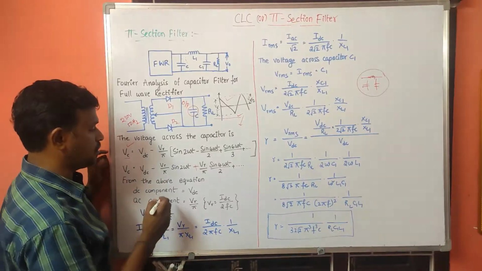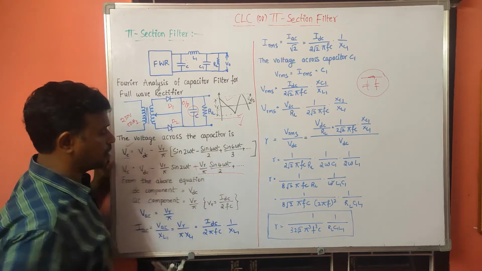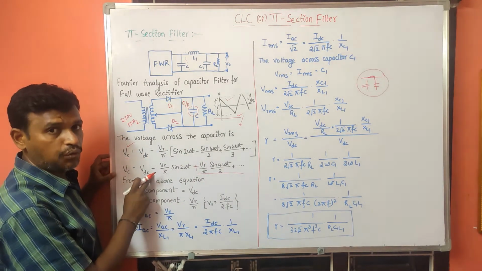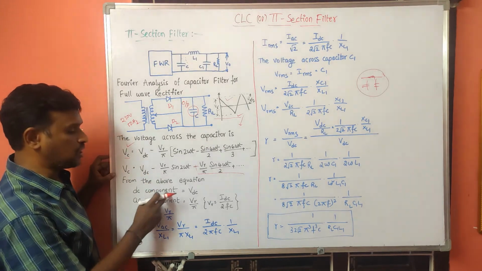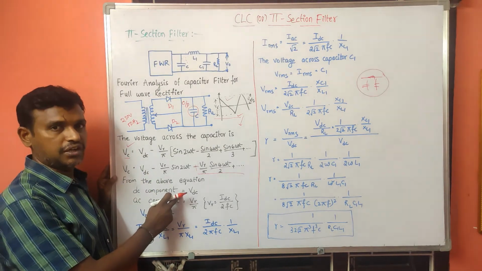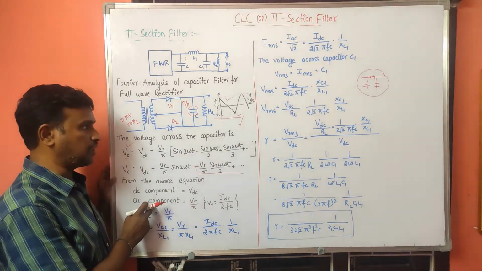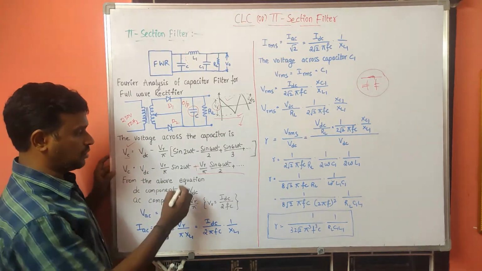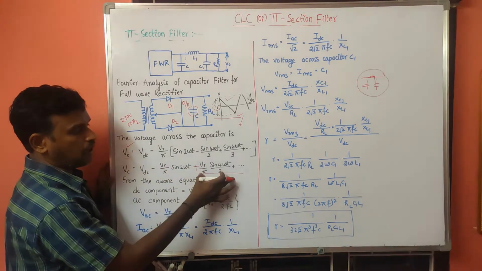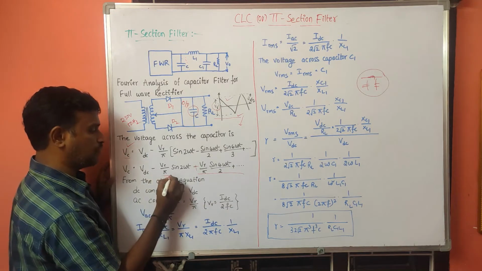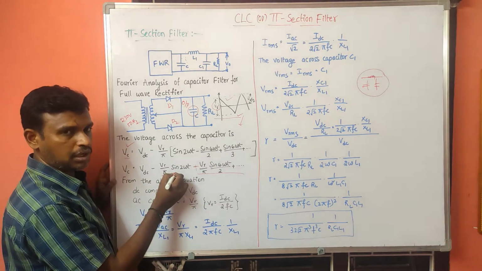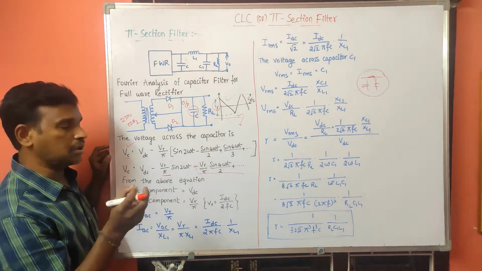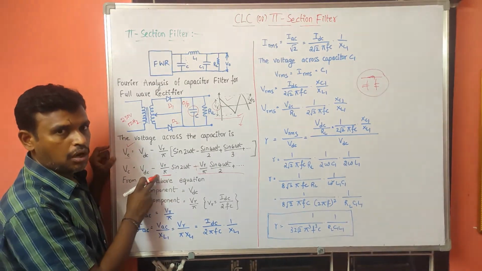So out of this equation we will neglect all the higher order terms, and from this equation we have Vdc. So the DC component we will consider as Vdc. And what about the AC component here? The AC component is nothing but this V gamma value. If you observe and neglect all these higher order terms, the AC component is sin 2 omega t multiplied with V gamma. The amplitude of the AC component is here V gamma by pi. Okay.